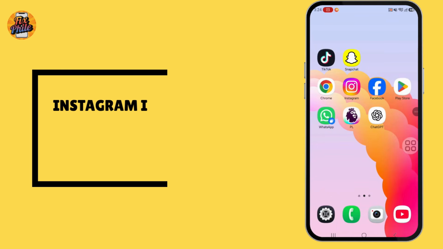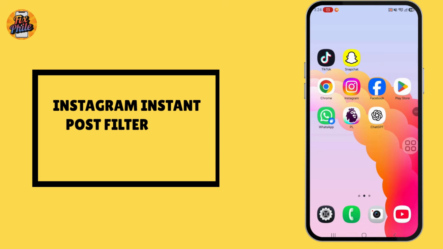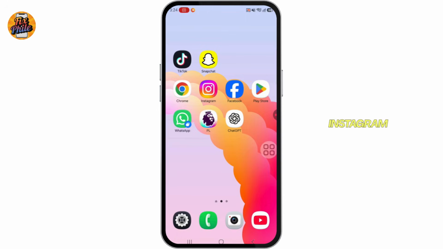In this video, I will guide you on how to fix Instagram instant post filters not showing. Instagram has added a new feature where you can add filters in instant post. But if you're not able to access those posts, then what you can do is update the app to the